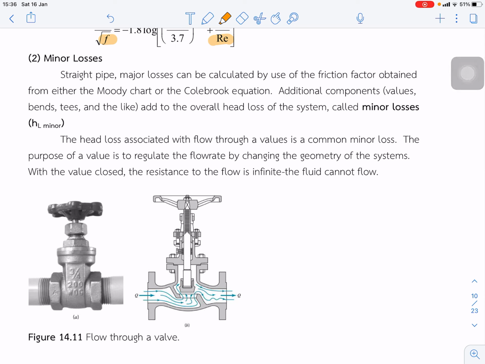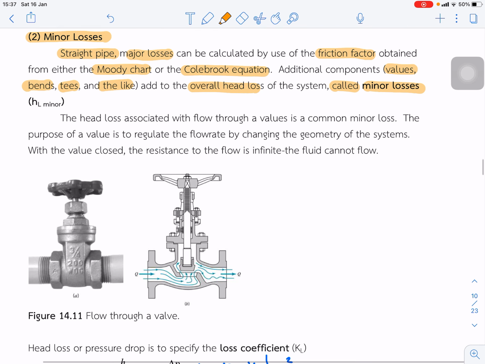Next section is the minor loss. The stress by the major loss from the previous section can be calculated by using the friction factor obtained from either the Moody chart or the above equation, the Colebrook equation. Adding additional components like valves, bends, tees, and the lines adds to the overall head loss of the system, which we call the minor loss. The head loss, for example, is if this figure shows a valve,